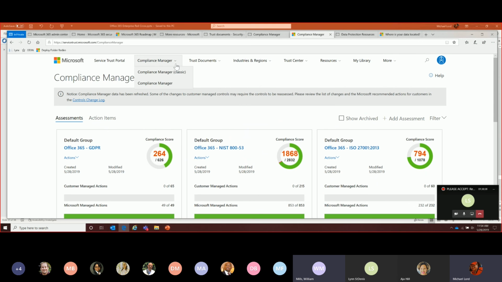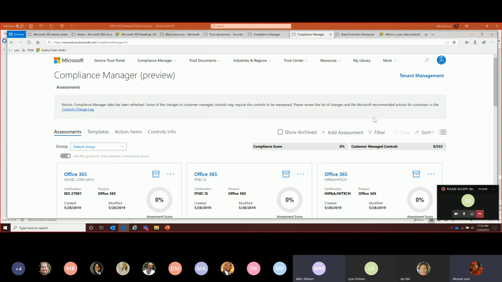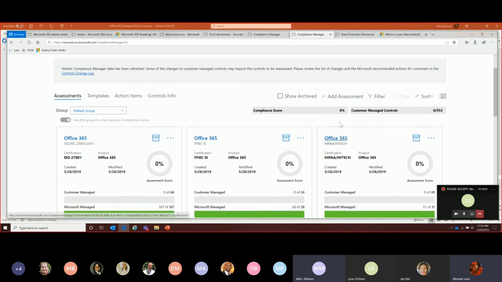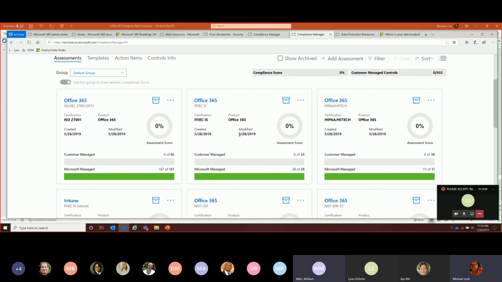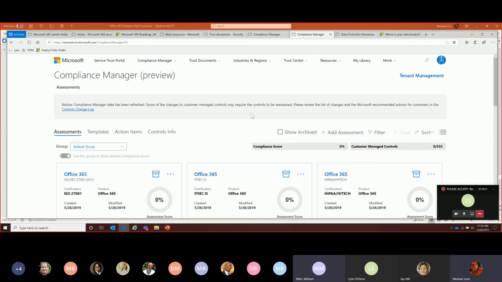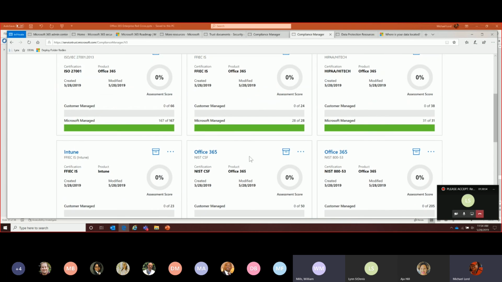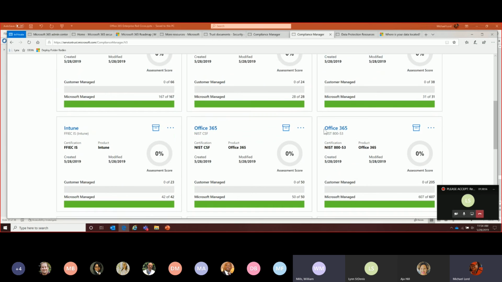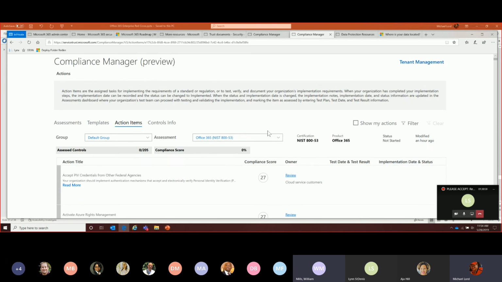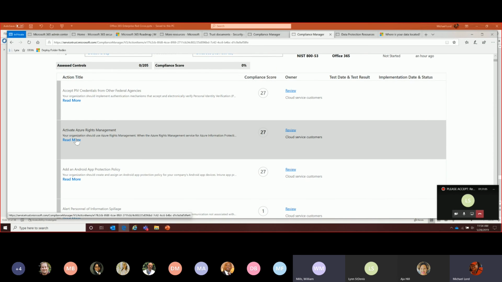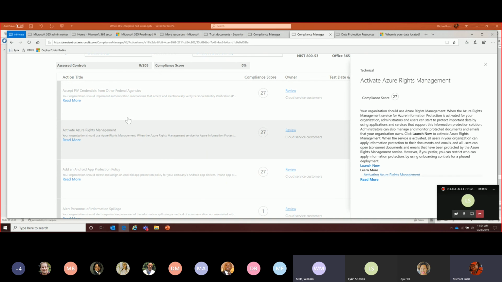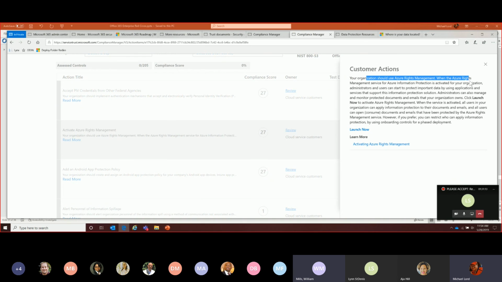Let me go here. So that we can build it more into an action. This is the preview, by the way, of what it's looking at, to more into an action item related control specific. So our assessments are now broken down a little bit differently. I will grab, here's the 800-53 for Office 365, and how we show you that same information is broken down a little bit differently. Now you're going to see some government listings in here because of how I specifically classified this tenant, but you can see a little bit differently how these are controlled.